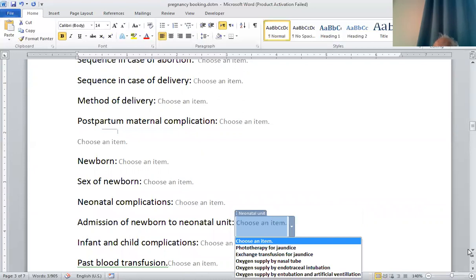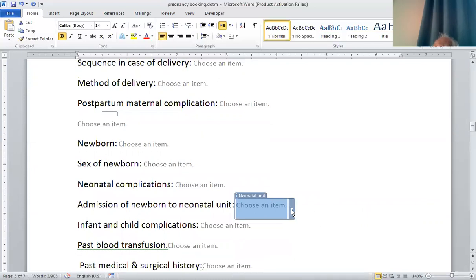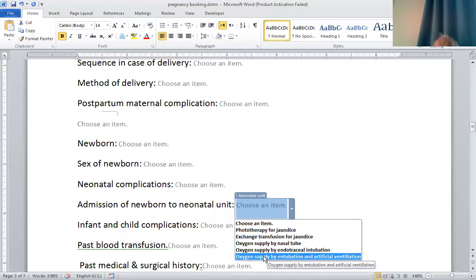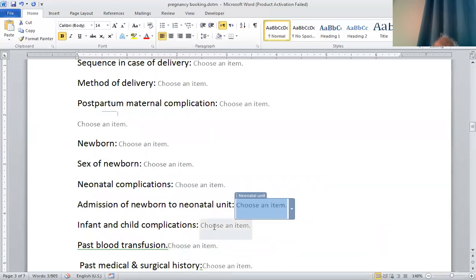patient to incubation for phototherapy for jaundice or exchange transfusion for jaundice, oxygen supplied by face mask or tube, oxygen supplied by endotracheal intubation, oxygen supplied by intubation and artificial ventilation. And then we have to tell that